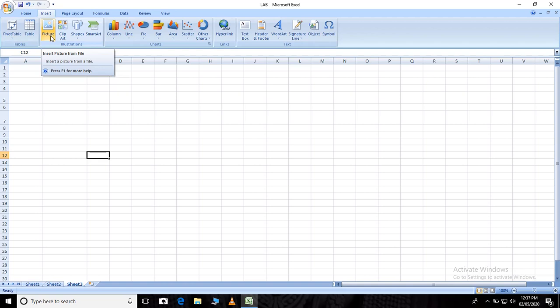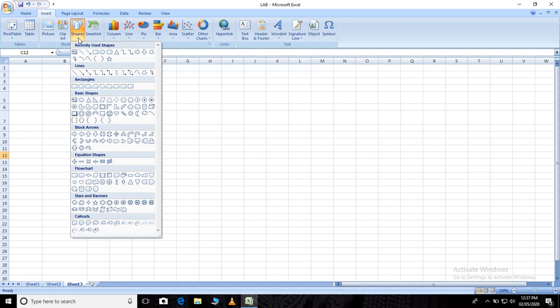And if you want to insert some pictures in your Excel spreadsheet, or if you want to prepare a report and add some pictures, some diagrams, you can use that. You can add clip art, nothing but a picture again. If you want to insert some shapes, if you want to draw some diagram, like a rectangular beam, that time you can use these shapes.